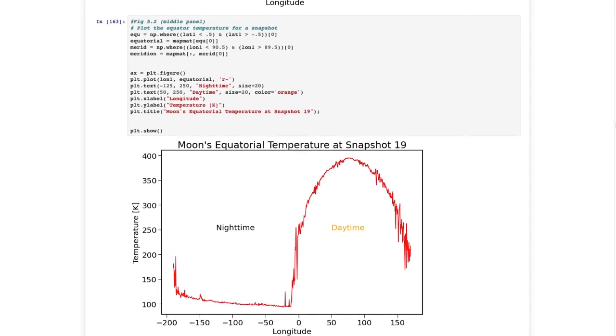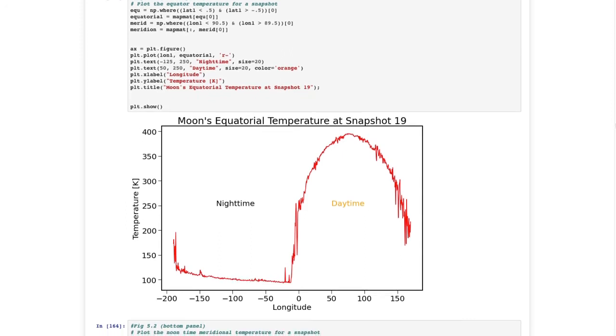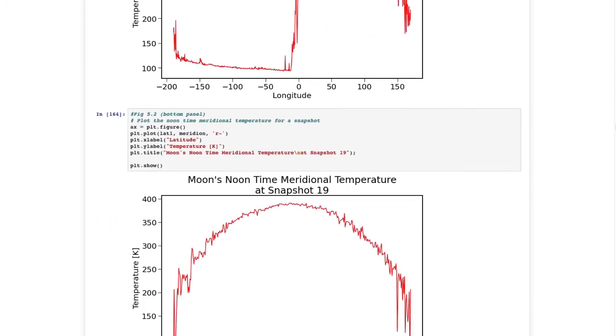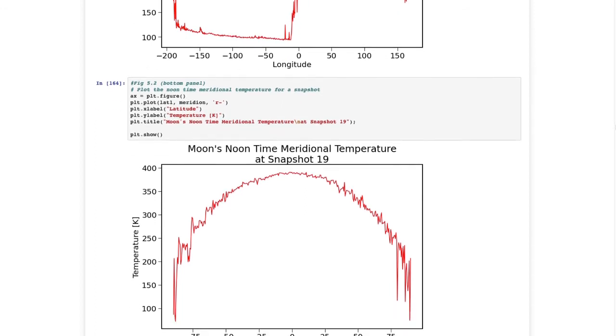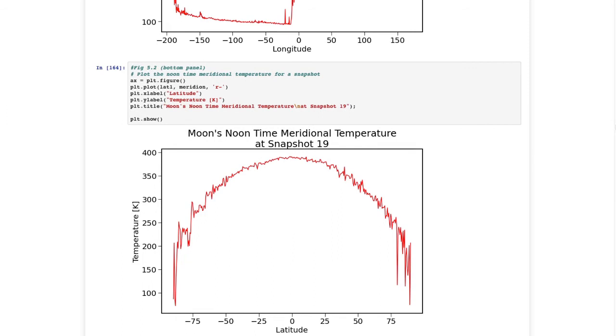We do get this plot to show once we run this block of code. Next, in figure 5.2, this is going to be the bottom panel that you see in the book. We are plotting the noontime meridional temperature for the snapshot. We did make those variables in the block above, and we are just going to plot our lat1 against our